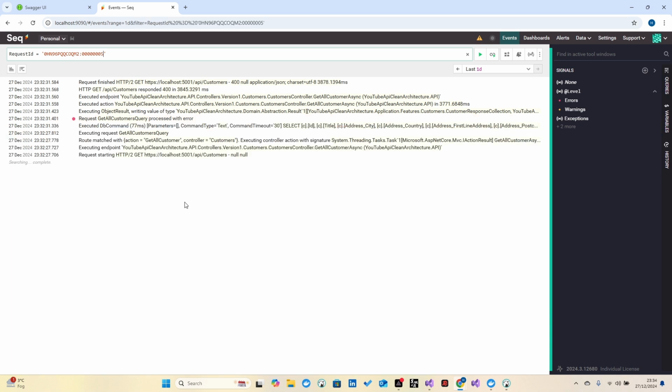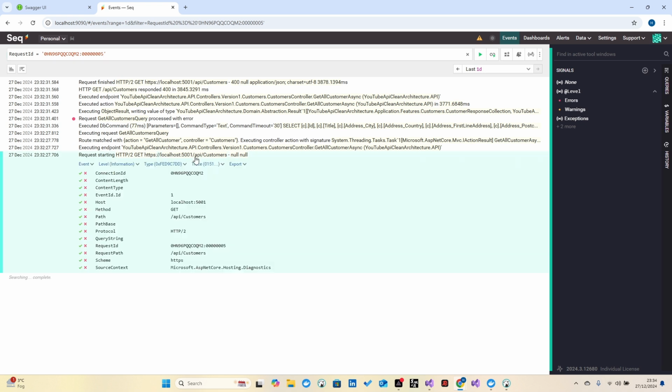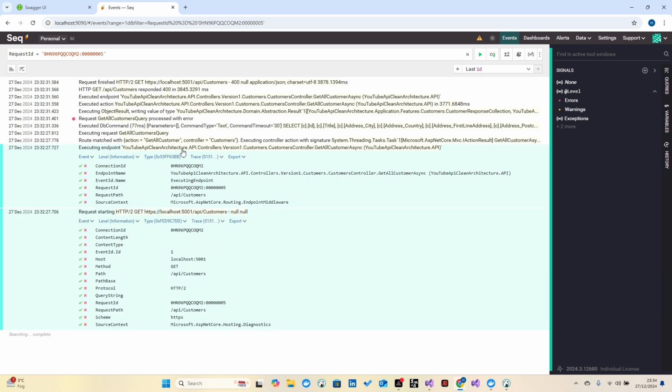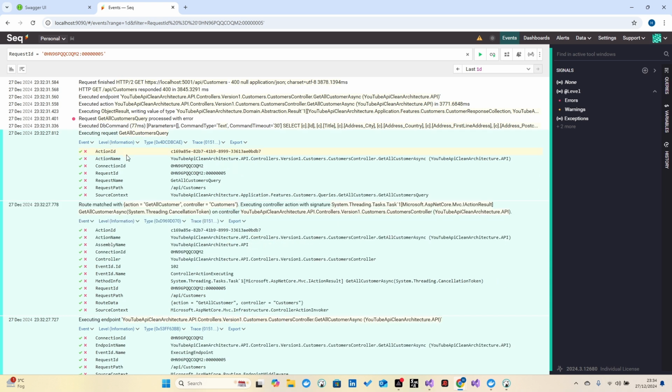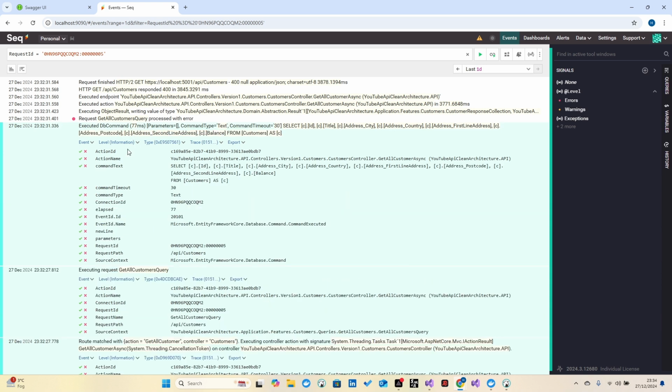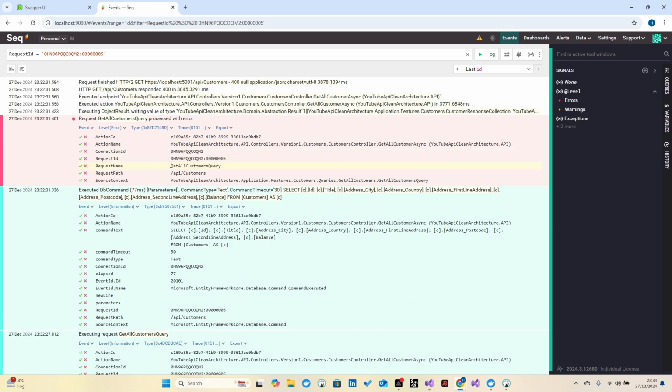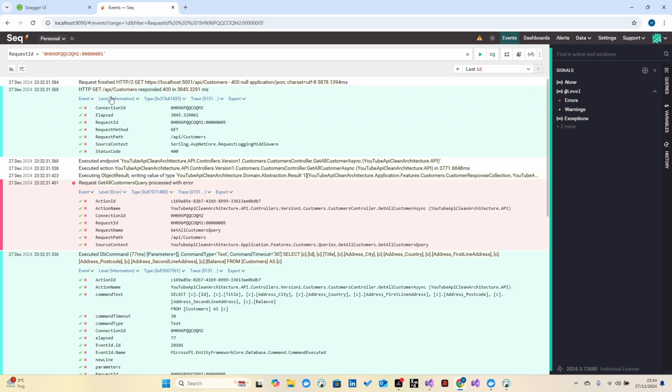As you can see, these are all about these requests. So we start, let me have a look. Yeah, we start the request, we execute the endpoint, the route has been matched, and the request has been executed. This is the SQL syntax of the command, and this is where we get the error failing. And as you can see, this is the response